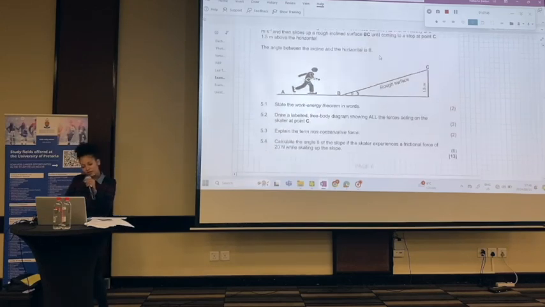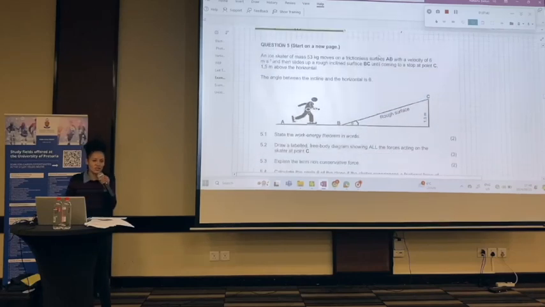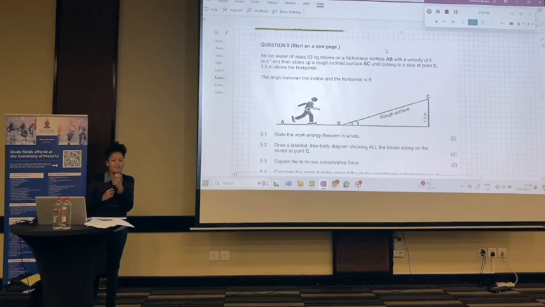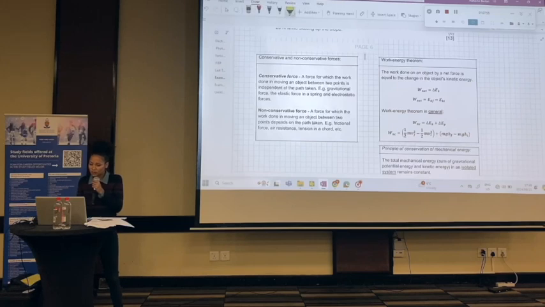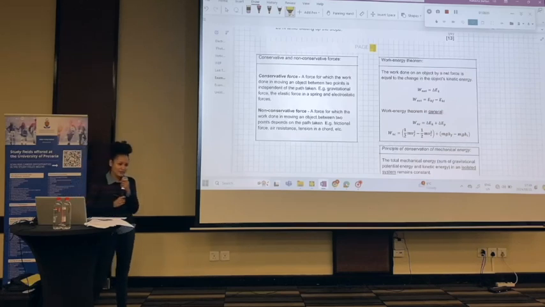So you see, I inserted the pretty picture of the question that you guys had, and when I was busy doing this, I was like, I have absolutely nothing to say about it. So I want to refer you guys instead to the summary booklet. If you go to page number 6 of the summary booklet, page number 6 of the summary booklet,